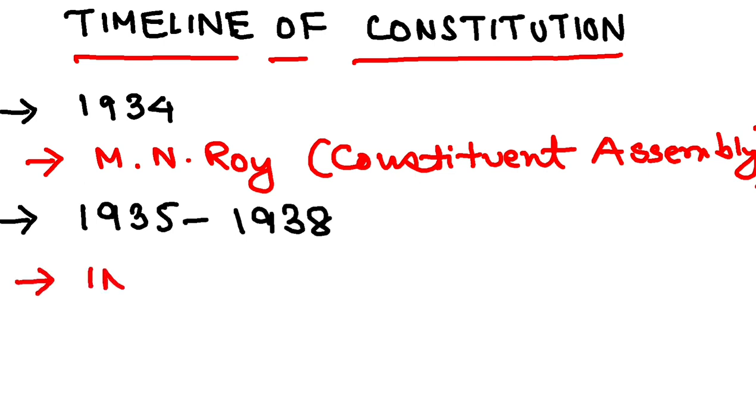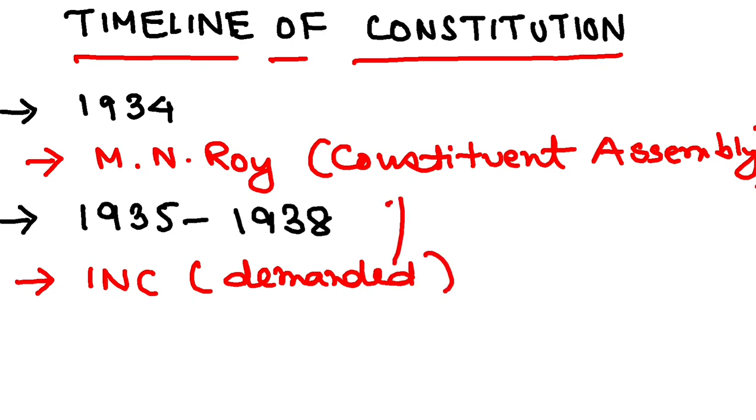Now, fast forward, if we go to 1935 to 1938, during this period, the Indian National Congress, INC, led by Jawaharlal Nehru, demanded the Constituent Assembly from the British. And as you know, INC was a very big force back then. Succumbing to the pressure, in 1940,